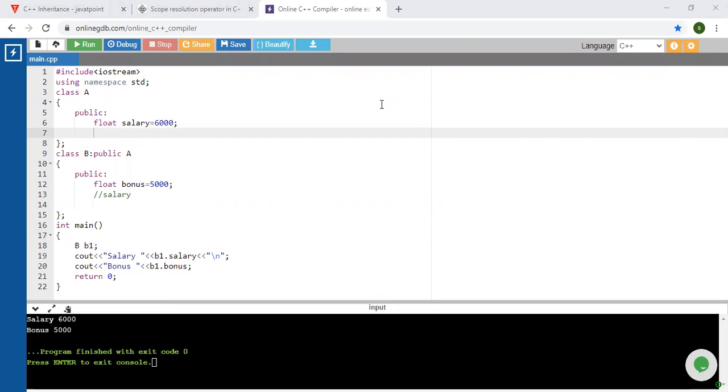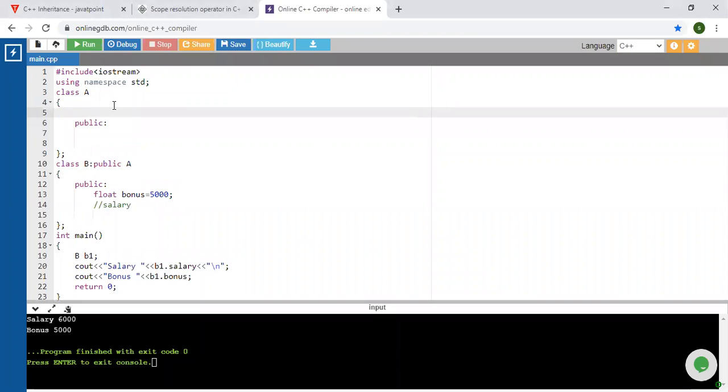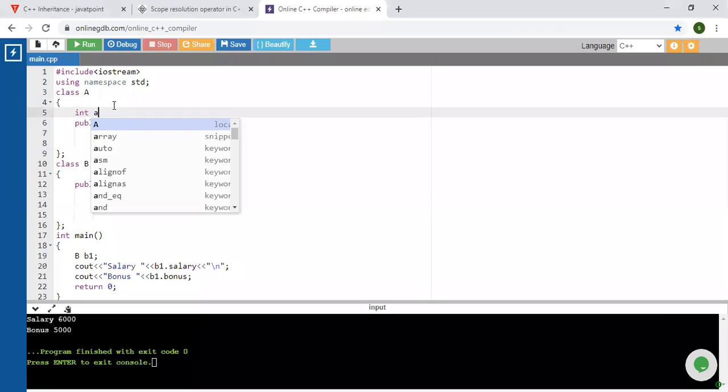Clear? I will show one more example with respect to this, which will perform the addition, and how it works. I will edit here in this program itself. So integer, suppose the first variable and then the second variable.